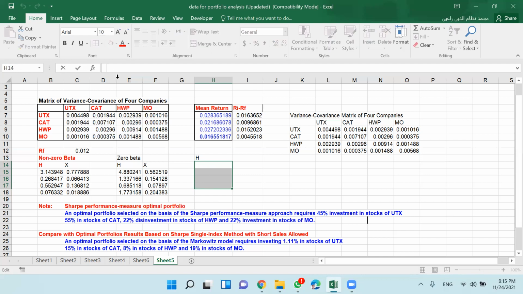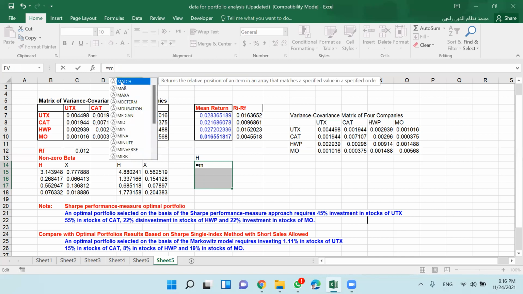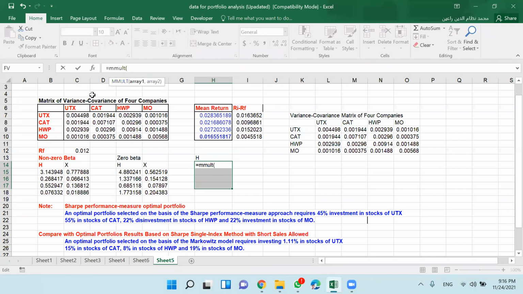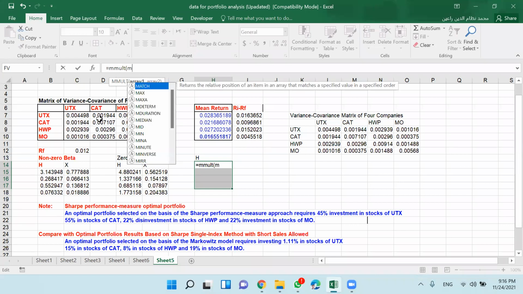And then, as we did earlier, you just multiply 2 matrices. Matrix multiplication. And then you use the parenthesis and then take the inverse of your variance covariance matrix.